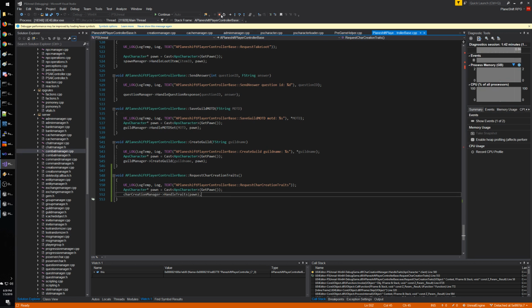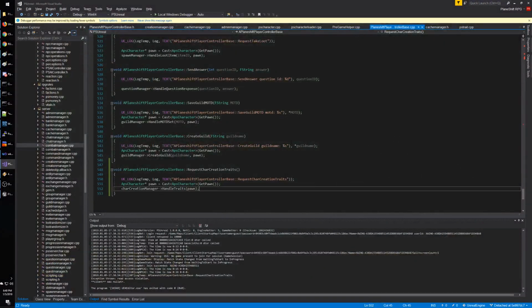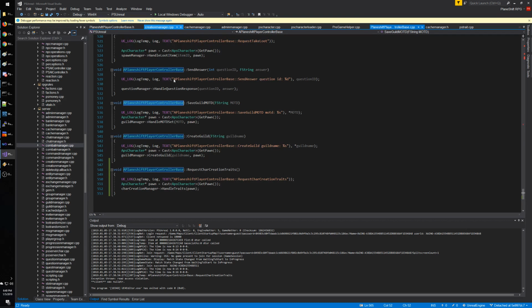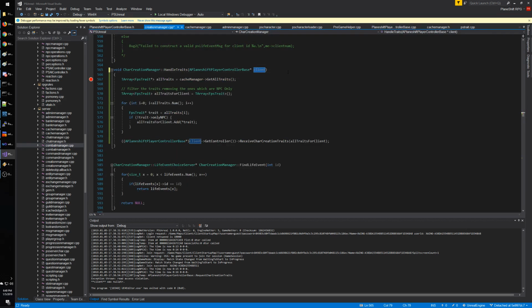But it's okay. I think we can just do it slightly differently. It's very quick to change. Yeah, he's right, because when we did this line, we return null. So I think what we can do is just pass in a player controller to this function. I think we are fine. So instead of character creation manager, instead of this, we will just have a Planeship player controller base. Why not? Should be fine. I mean, the player controller should be valid, otherwise I would not even be able to enter into this function, right? So I will call it like PS controller, and in this case it will be simpler because we will just do